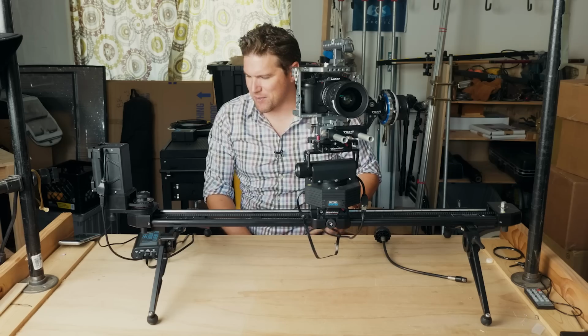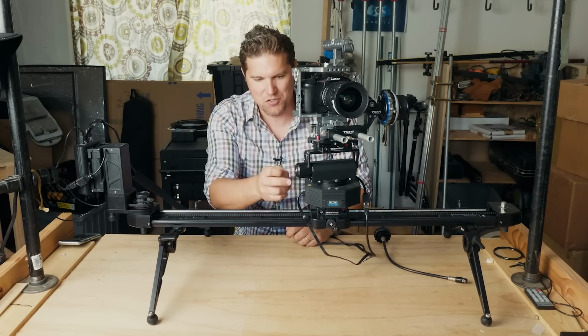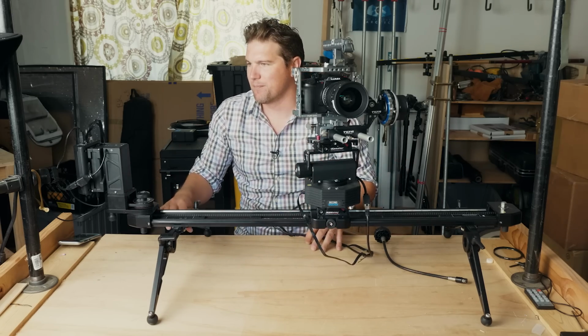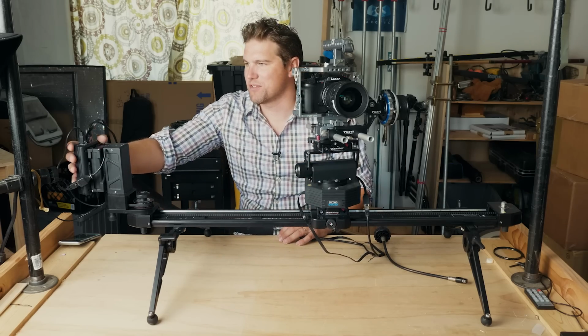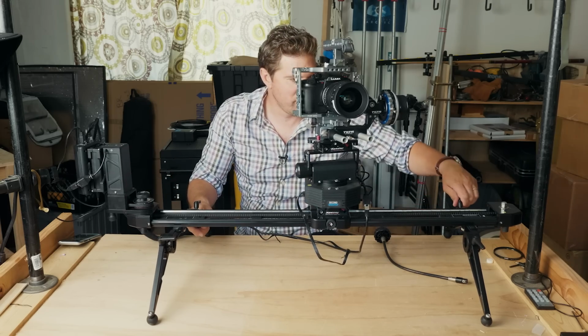A couple little nitpicks. I mean, this cable system's a little clunky. Everything is kind of through these Ethernet cables. You have a cable going into the Second Shooter for pan, for tilt. You have a cable going in for the slider. So you have these three cables kind of hanging out. It'd be nice if it was, I don't know if wireless is an option, or some kind of single cable system, but I've wrapped them up in these little things and it's helped. And there are a few little clunky design elements that I'm not a huge fan of, but all in all,